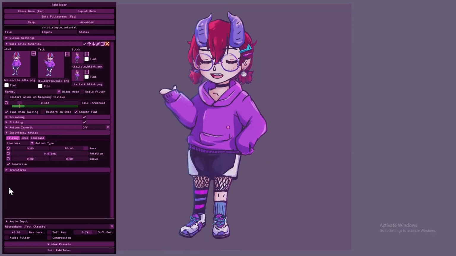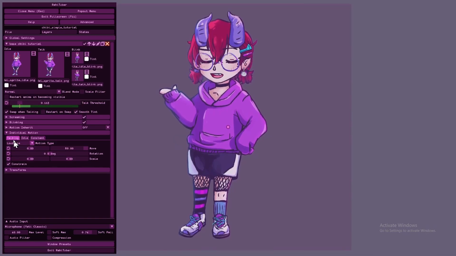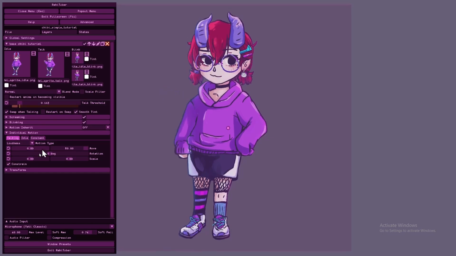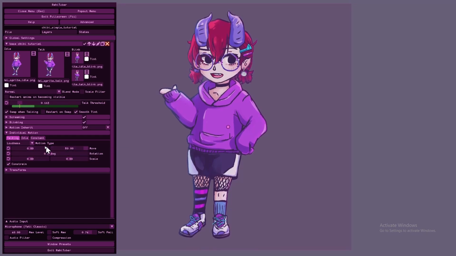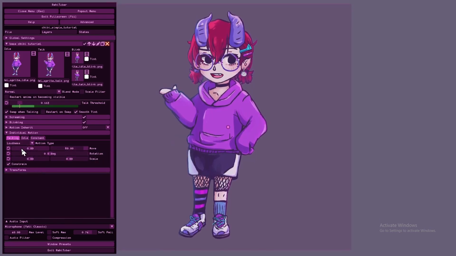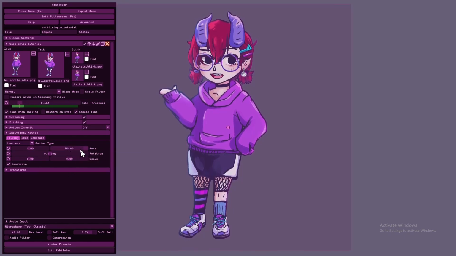In selecting loudness, we can actually already see how it's moving the layer, because by default, this move up value of 80 is applied to the layer as soon as we turn on loudness. All of these boxes here set the maximum that this layer will move when talking. This is a setting that listens to the loudness or the volume of your voice, and it will only reach that maximum move, rotation, or scale, depending on what you've set, when you reach your maximum loudness.